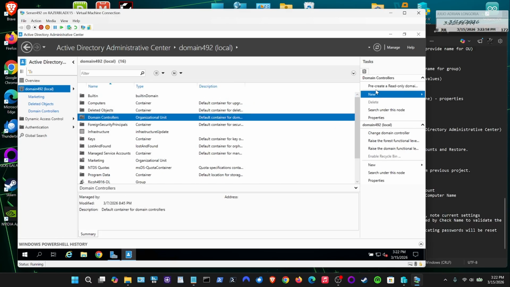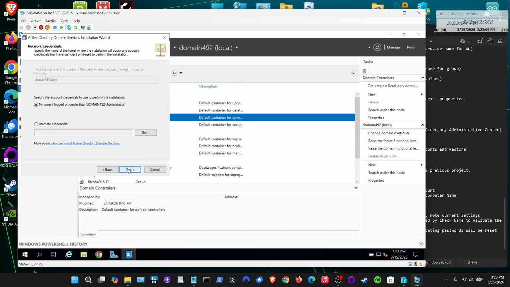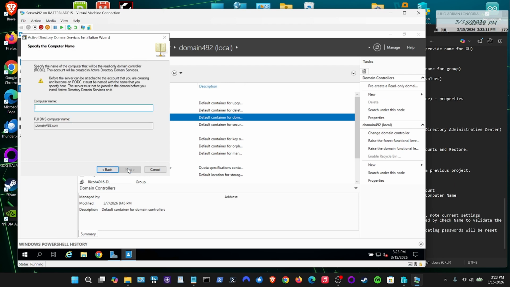From here you can see we can select it from here, pre-create a read-only domain controller account, or right click and go through the process. Right here you provide a computer name, and this is where I will stop, considering that the process is a lengthy process, but essentially